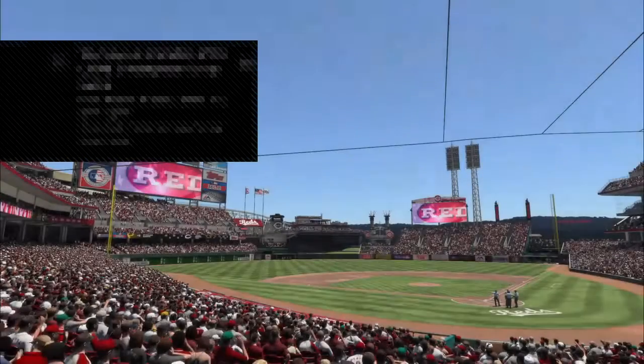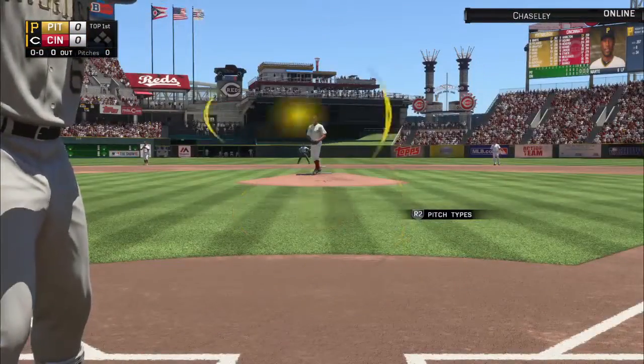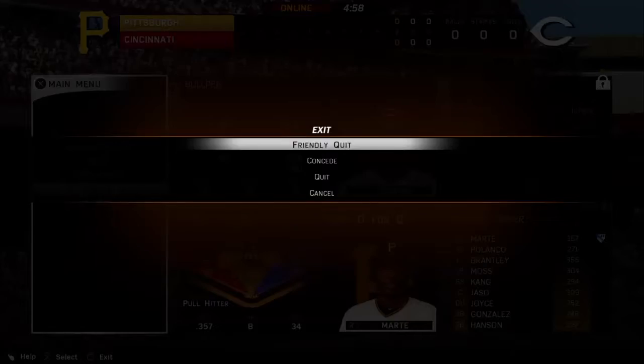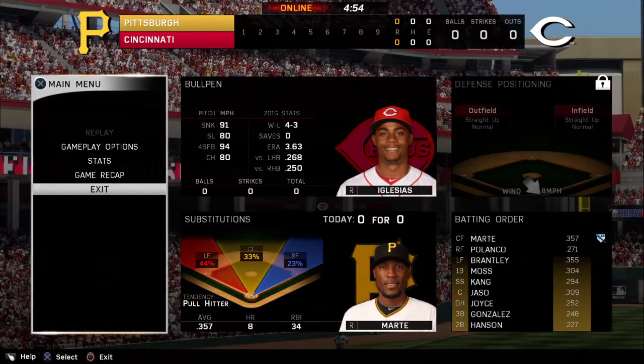Live from the banks of the Ohio, we welcome you to Great American Ballpark in Cincinnati. Today, it's the home opener for this new season between the Pittsburgh Pirates and the Cincinnati Reds. These two should provide some big